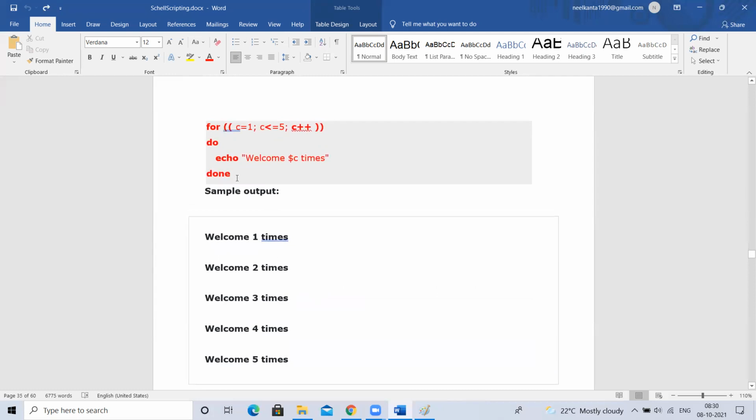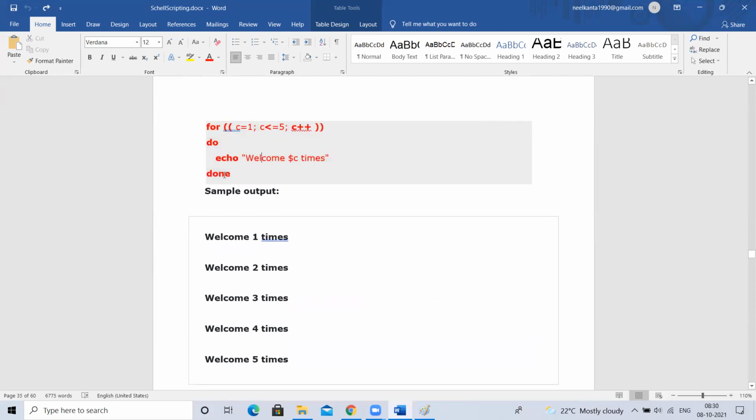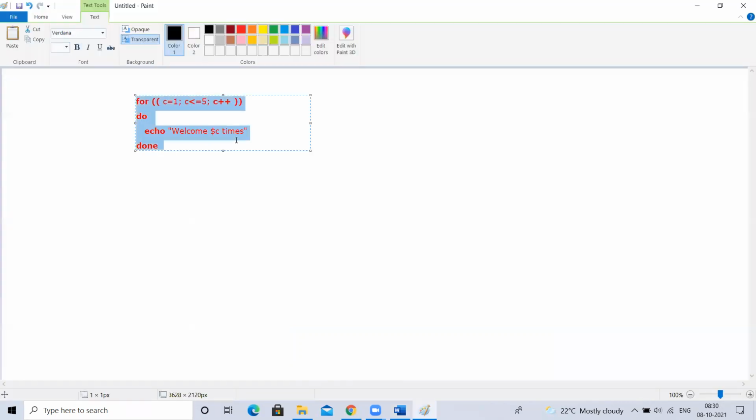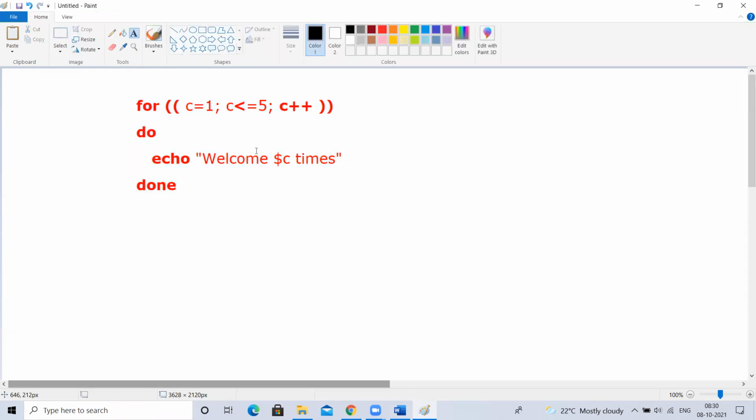Now let me explain the actual for loop, the old for loop which we use, which we can play around with, incremental, decremental, everything. This is the actual for loop. That was the advanced for loop, just to make some of the job easy, but that is not everything. This is the actual for loop. Let me discuss this. Concentrate, guys, this is very important. It will give you a lot of knowledge.